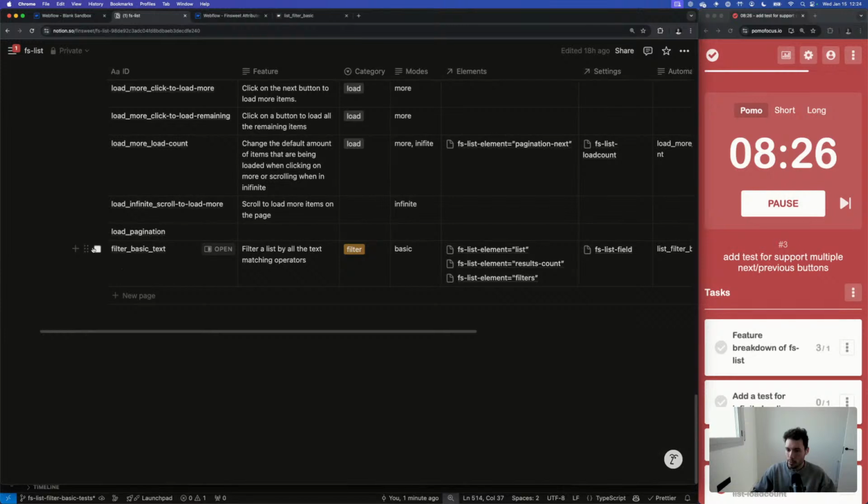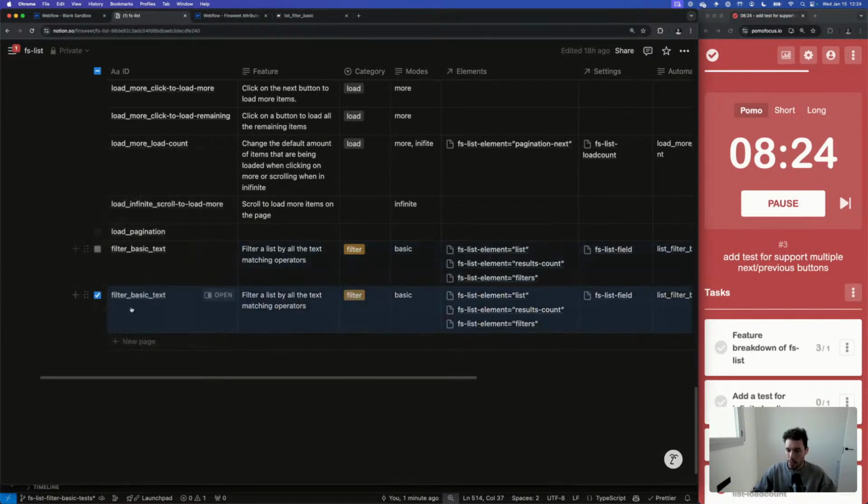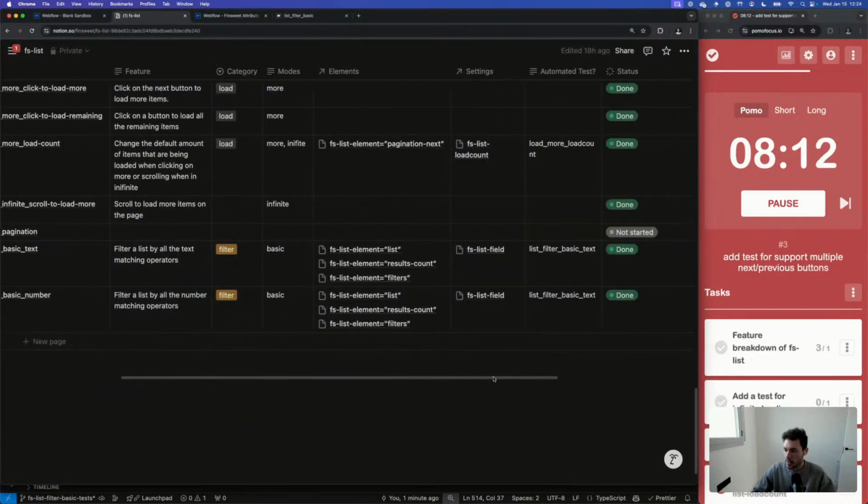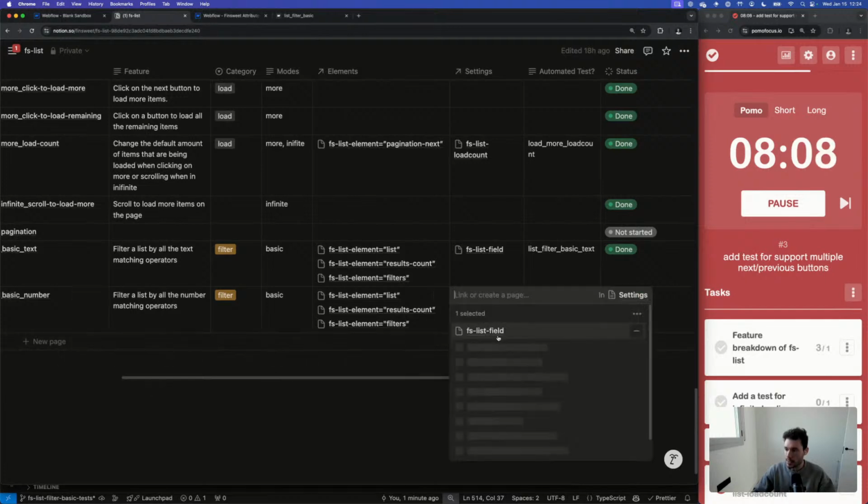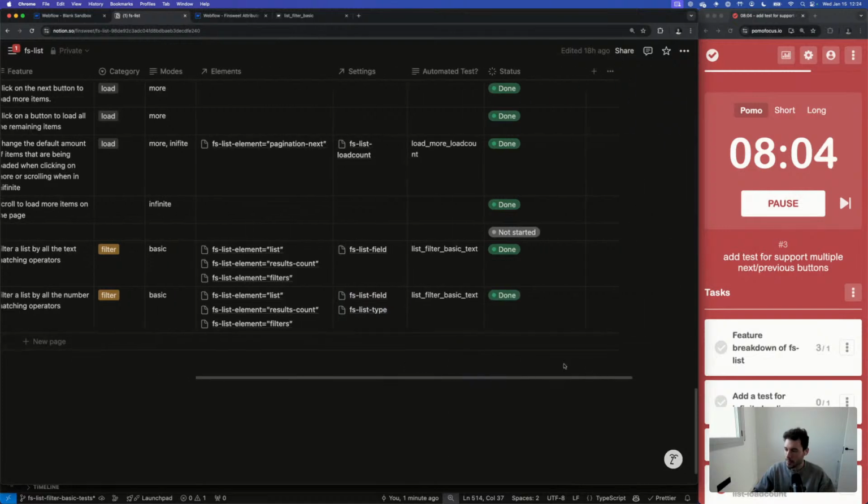Great. So let's duplicate this. Let's add another test for filter basic number. Filter at least by all the number matching operators. And this is going to be filter basic and list results count filters and some additional setting, which is going to be the type setting, like that.